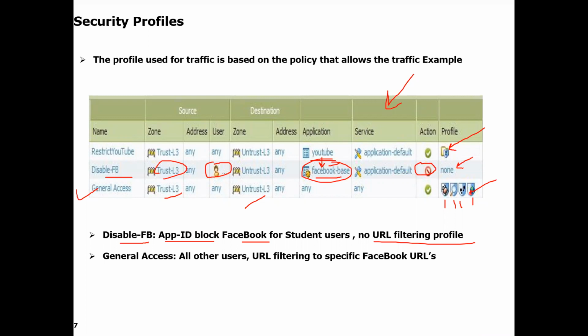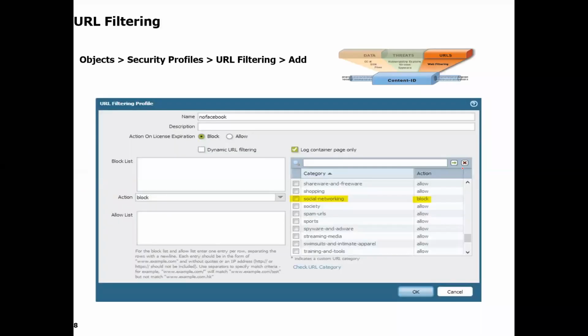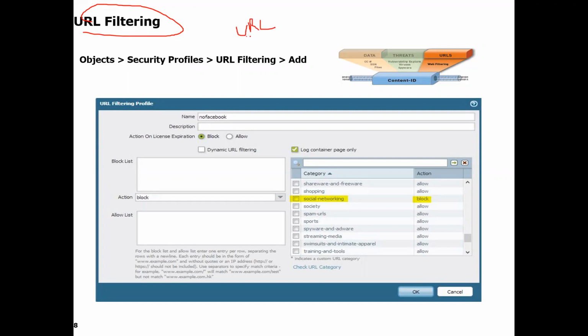Okay, so we will talk on that. So now URL filtering. URL filtering is something very useful. Okay, see every URL. There are two things to understand in URL filtering. A URL is any URL. Let's talk about URL meaning facebook.com. This is a URL. Then instagram.com, this is a URL.